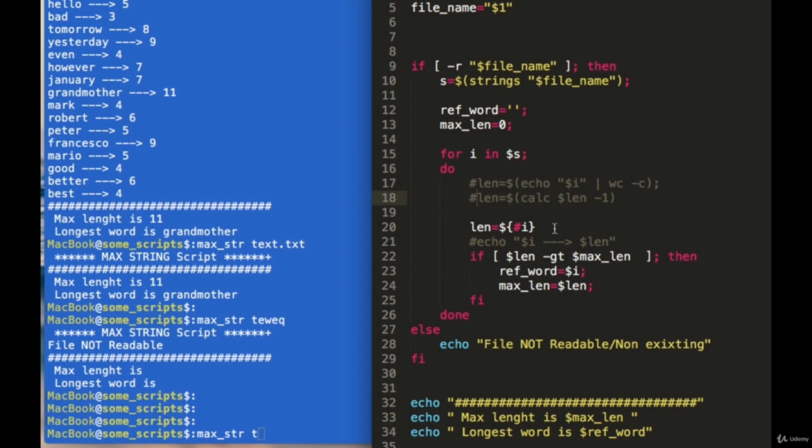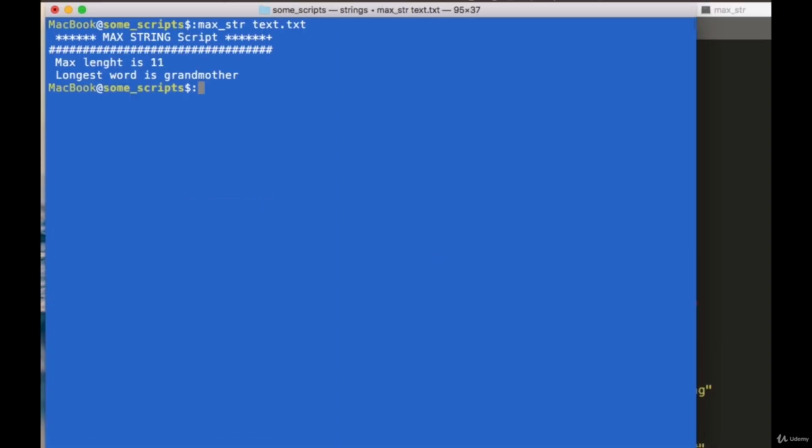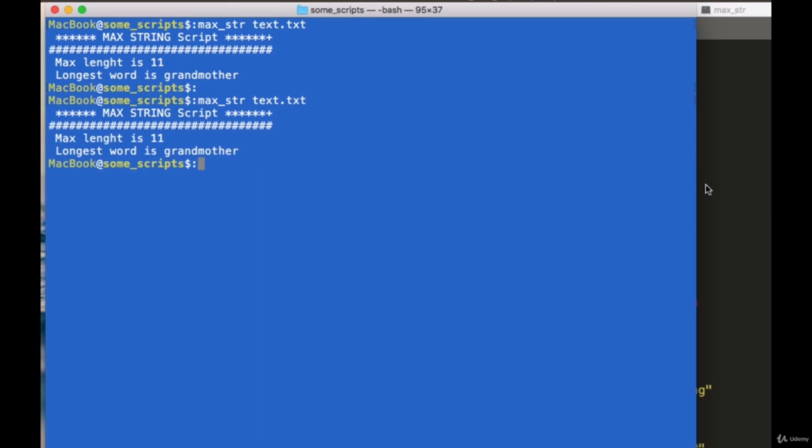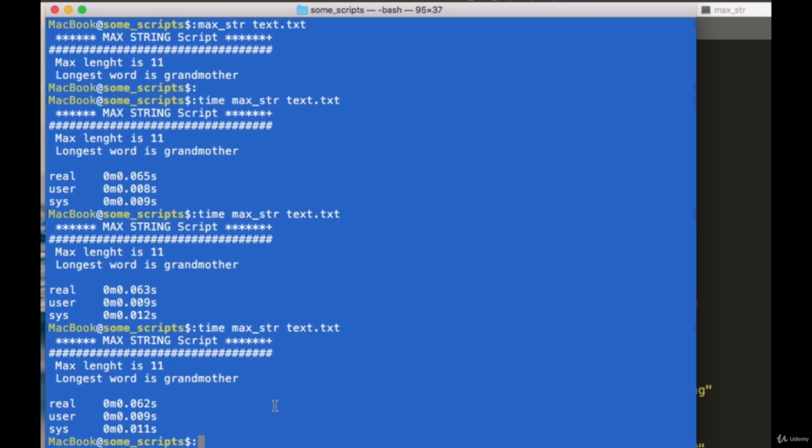Let's see if everything goes smooth. Anyway, I save. And as you can see, we still have the good answer. And one thing you might have noticed is that in this way it seems faster. It actually is. Let's see how much time this script takes to run. So we use the command time, and we use max string apply to text. And if we run this a couple of times so that we get an average value, we have that this is about